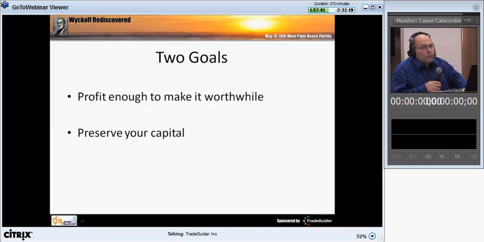The second one, which doesn't get talked about enough, is preservation of capital. And it sounds easy. Oh, don't lose your money. When you first start out trading, you have a little money and you have no knowledge. As you get knowledge, you lose some money because there's a bridge between them. The adage on the floor used to be, if you could survive 1 year in this business,